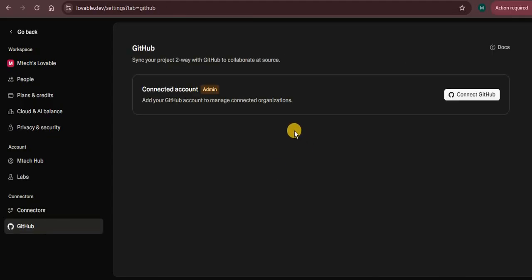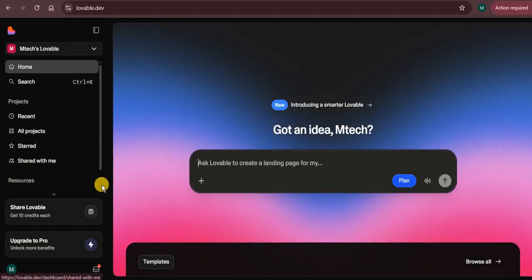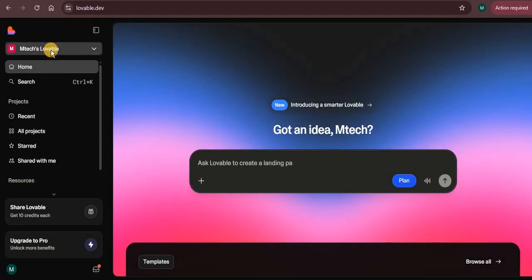And this is GitHub. So you can connect to GitHub and actually push your projects to GitHub if you feel like. Add your GitHub account to manage connected organizations. So this is where you do it. Now let's go back. This is the whole settings. Now let's come back to,